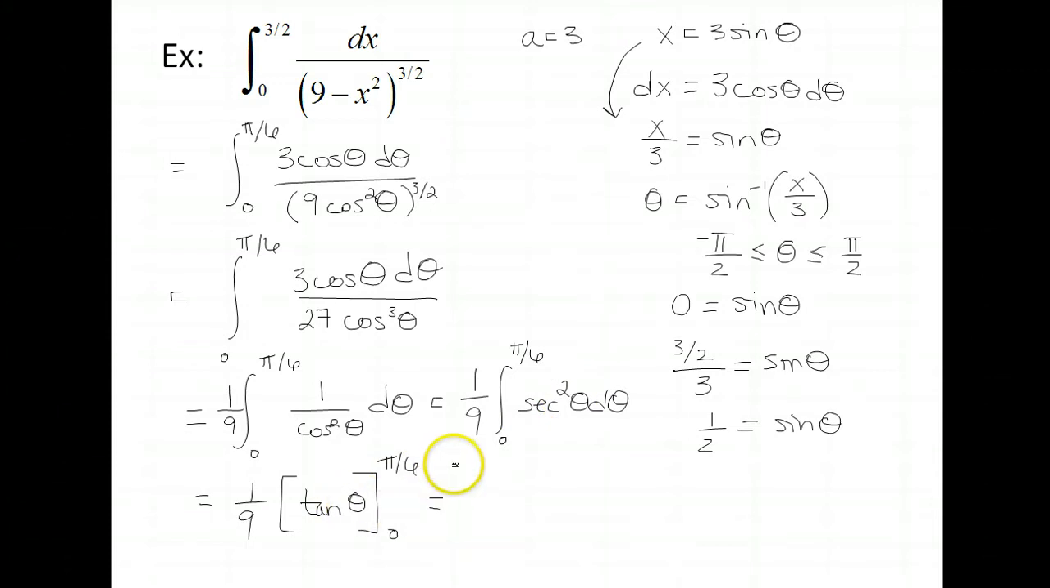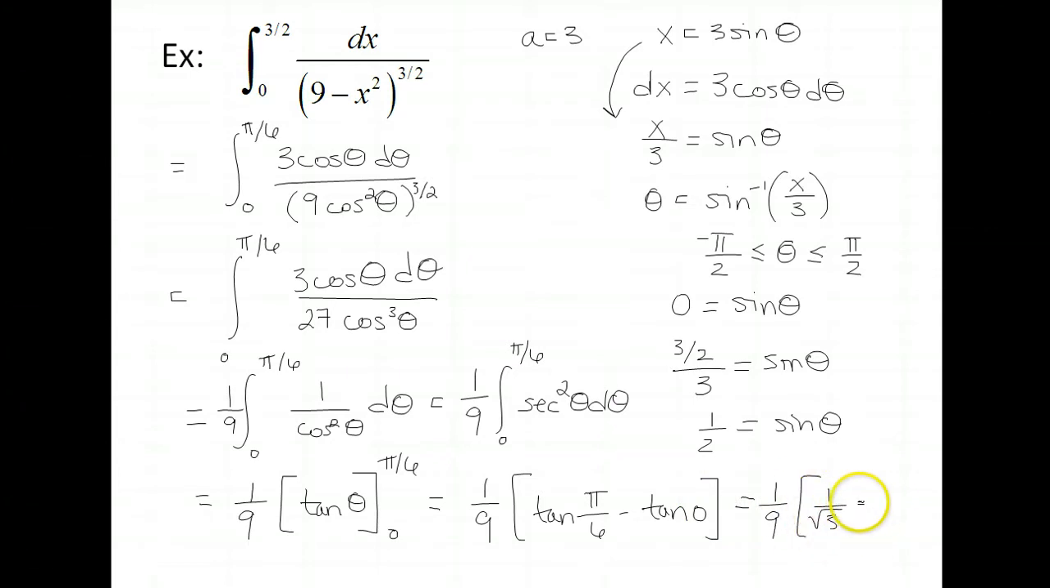So now we're at the point where we need to actually just evaluate the function here. So let's go ahead and use the fundamental theorem of calculus. So we're at tangent pi over 6 minus tangent of 0, with the 1/9 out front, of course, and tangent of pi over 6, that is 1 over the square root of 3, so this is 1/9 times 1 over square root 3,